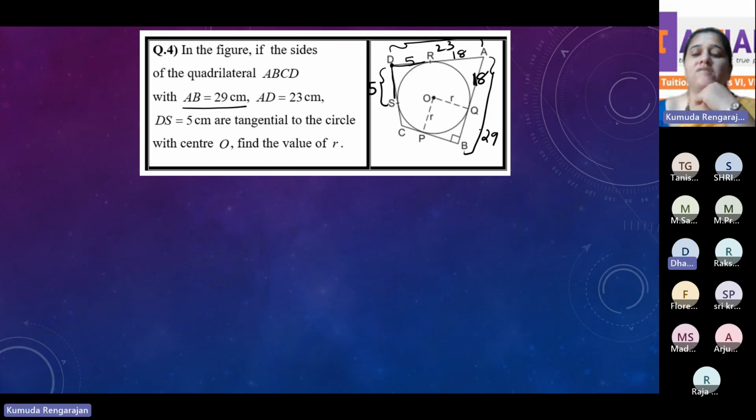Eleven, ma'am. 29 minus 18, because the whole thing is 29. 29 minus 18, this one is 11. Now we are almost done. Now, the value of R is also 11, but we'll see how. BQ is 11 and hence R is equal to 11. We'll see how. Now, we can prove that